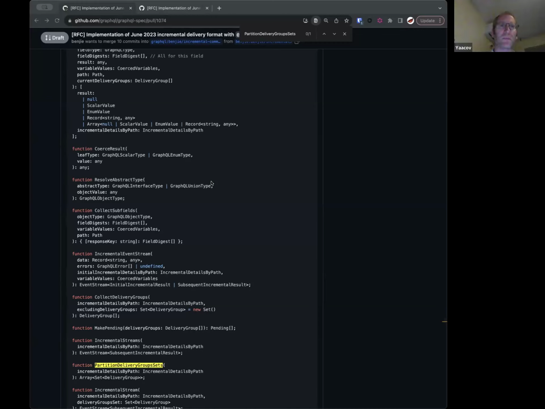Yeah. So basically what I've been doing is coming from the other end of it. I've been working from the implementation that we have had up for a while now, and I started with basically a line by line translation of that into spec text. And I've been slowly paring it down as best as I could to decrease the size.